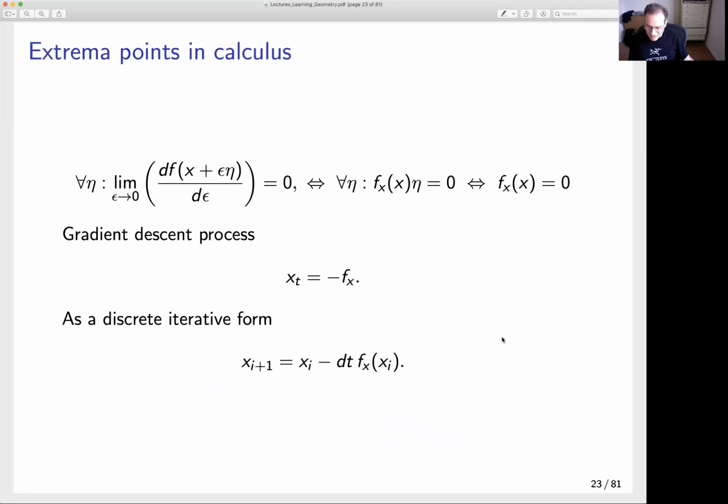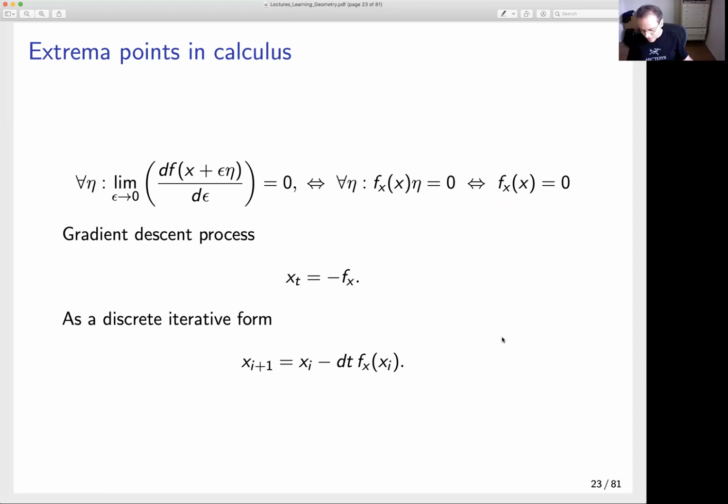So in calculus, what we did is we added an epsilon to my function. We took a derivative with respect to epsilon. And now we complicate things. We add some constant eta. And we would like this equation to hold for every eta, okay? And at the end of the day, since we wanted this equation to hold for every eta, obviously the condition for a local extremum would be the derivative equals 0. Okay, so this is complicating